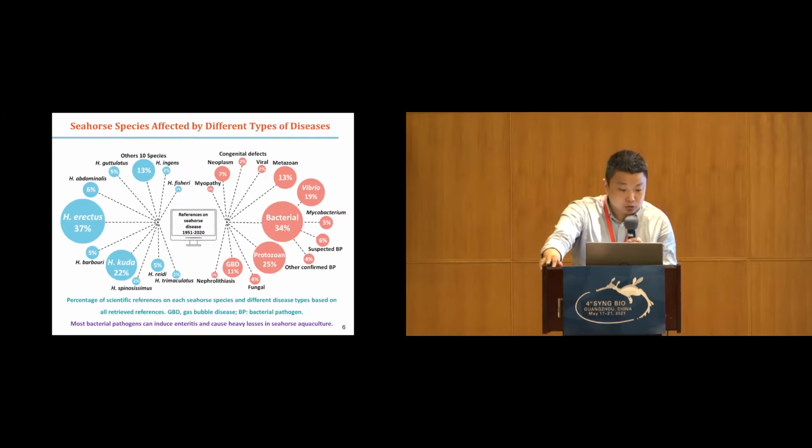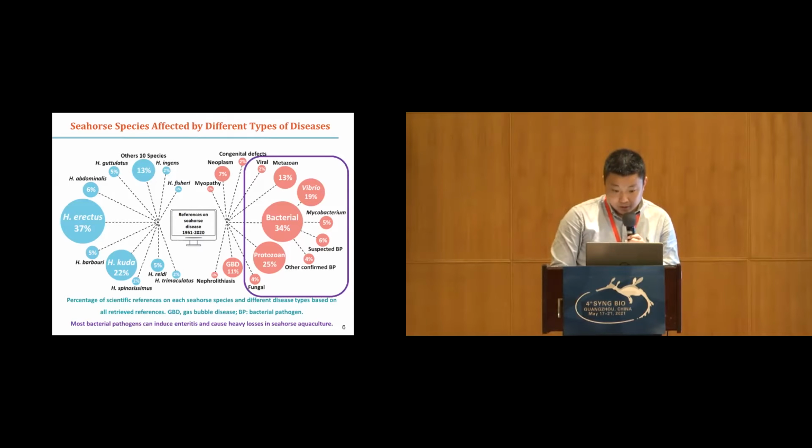And then we look into the seahorse species affected by different types of diseases. We can see from the left panel, Hippocampus erectus and Hippocampus kuda are the most affected seahorse species and account for over 15% of all publications. This may be due to the agriculture in China. And in the right panel, there are 11 types of diseases that have been reported,